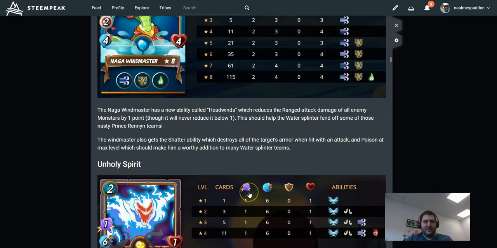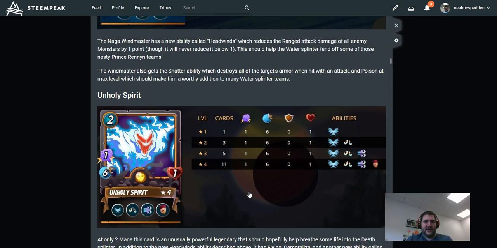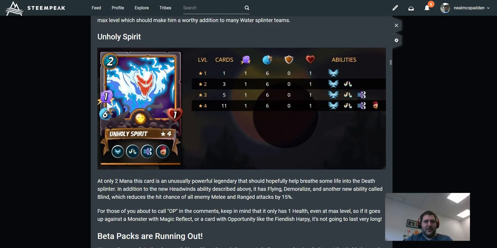And then, as the replacement for Lord Arianthus, we have Unholy Spirit. So this is a Death Splinter card. Death needs a buff, definitely, and especially at higher levels. It's by far the weakest splinter, and you can see that in the win-loss rates of the different splinters in the Diamond and Champion leagues. So at only 2 mana, this card is an unusually powerful legendary that should hopefully help breathe some life into